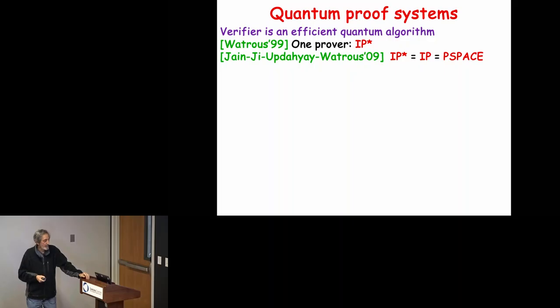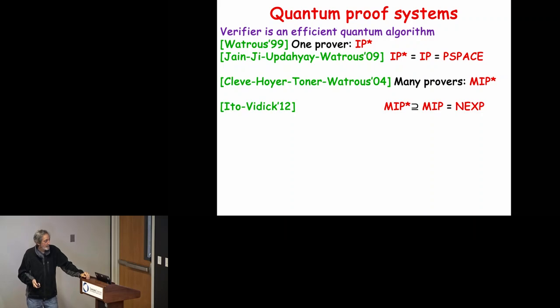It took a lot of technical development, mathematical techniques, and using much of the machinery that was developed for PCPs and so on. So this was solved. We understood quantum single-prover proof systems. And then in parallel, people suggested multiple-prover proof systems with quantum agents. Also this took time, even showing that quantum proof systems are at least as strong as classical proof systems with multiple provers. It's not obvious because you increase both the power of the prover and of the verifier. They are both becoming quantum, and it's not obvious, at least, that this inclusion holds.